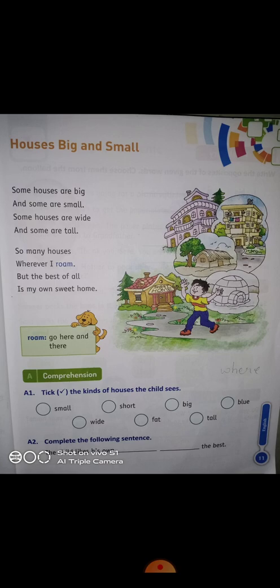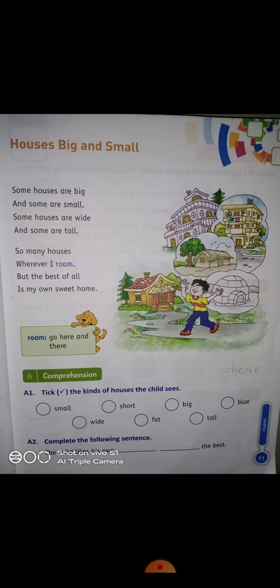And another one, tall in the sense, nowadays we can see tall buildings like apartments, some offices, some hotels. Those are a kind of buildings, not houses, and those are tall in size.